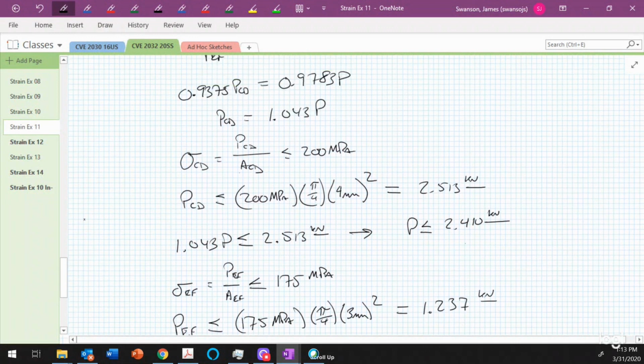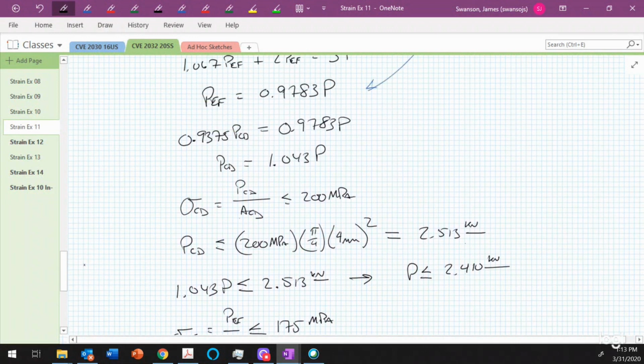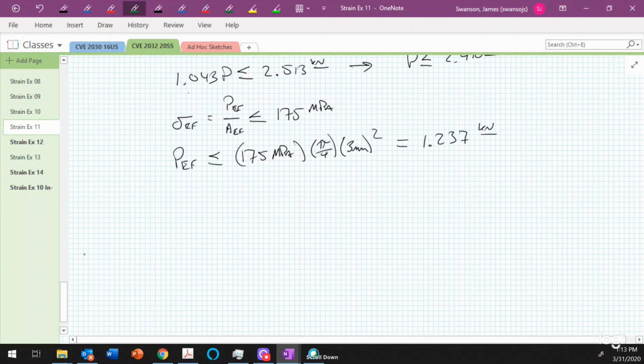Then let me scroll back up here. I know that P sub EF is equal to 0.9783 times P. So I could say 0.9783 times P is equal to P sub EF, and that has to be less than 1.237 kilonewtons. So then for this, I get P has to be less than